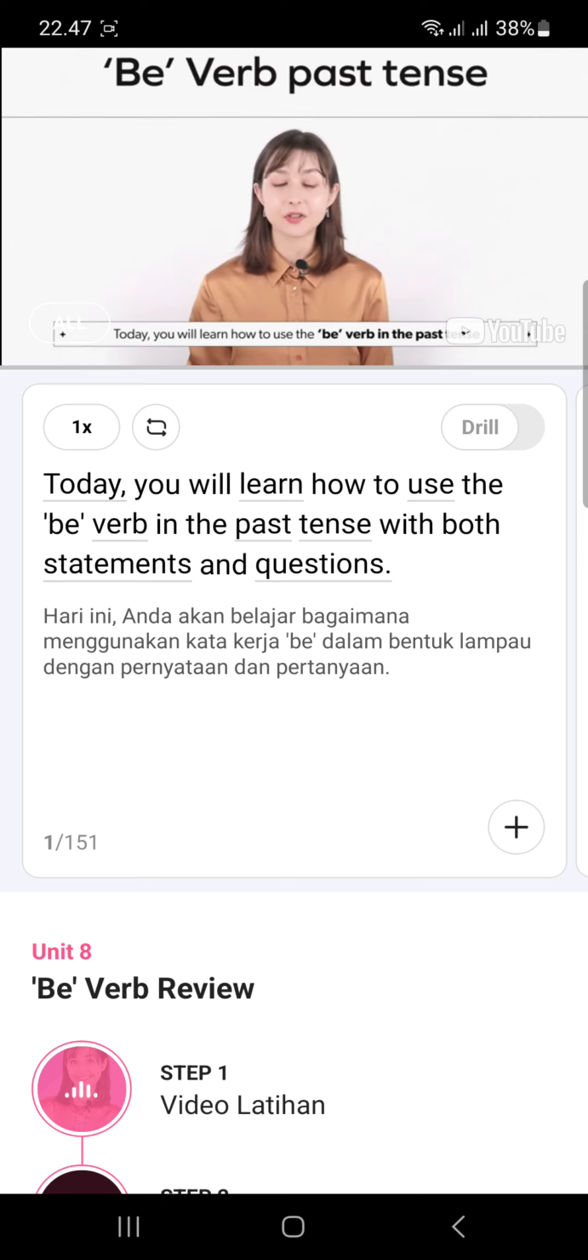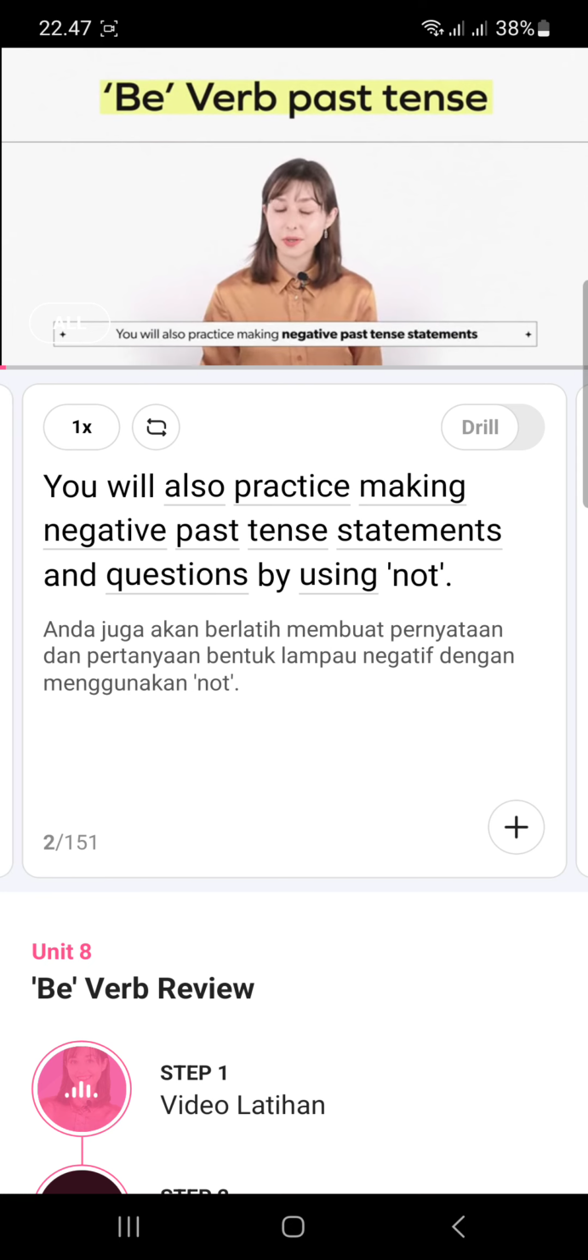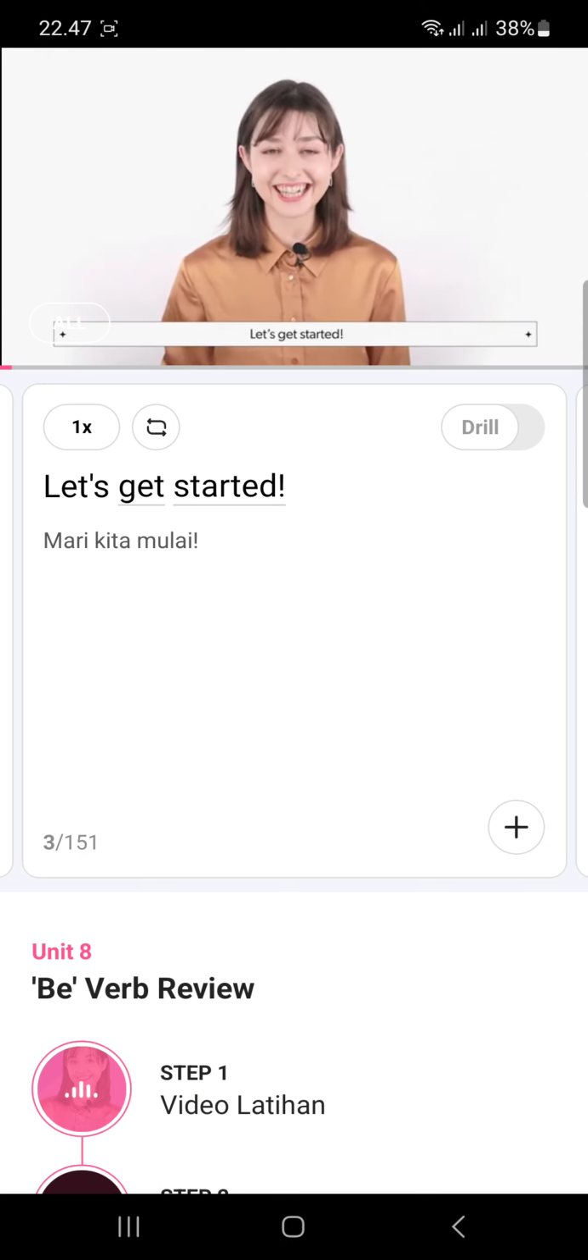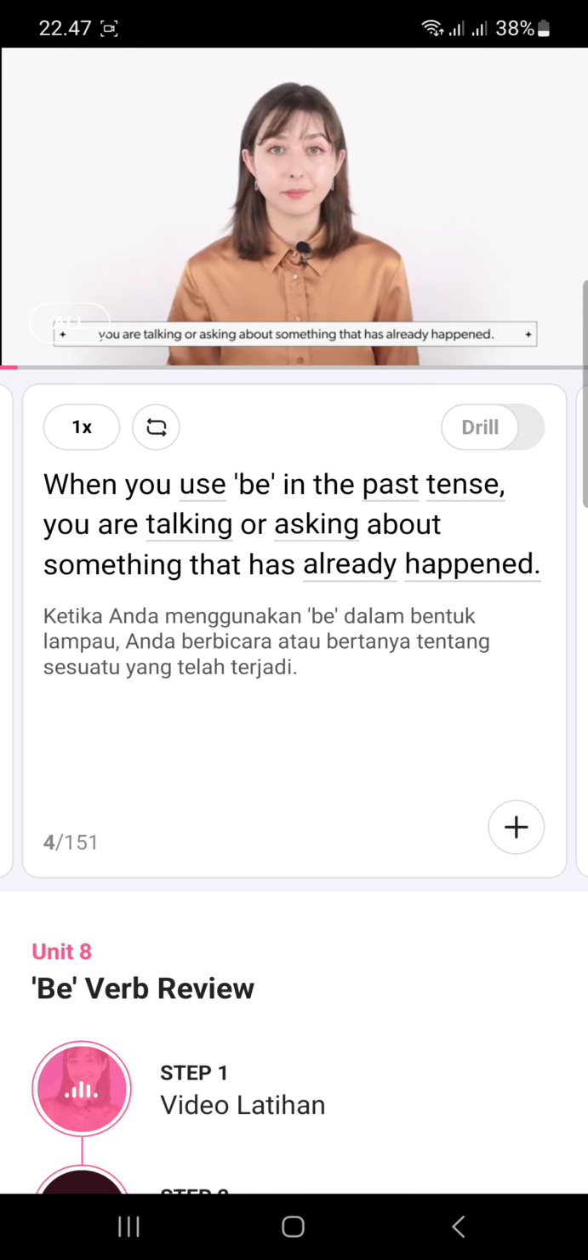Today, you will learn how to use the be verb in the past tense with both statements and questions. You will also practice making negative past tense statements and questions by using not. Let's get started. When you use be in the past tense, you are talking or asking about something that has